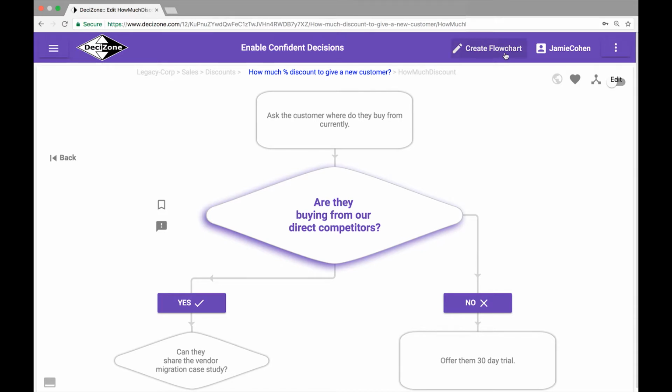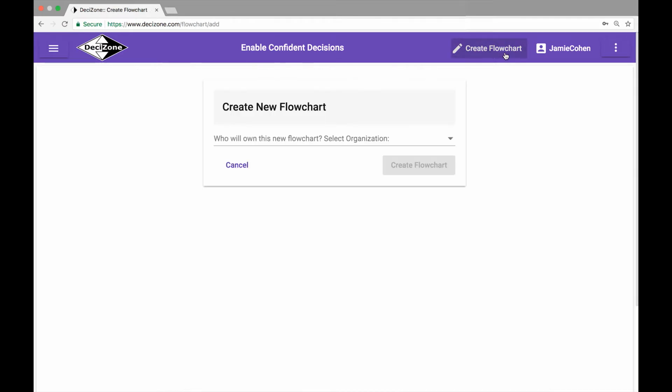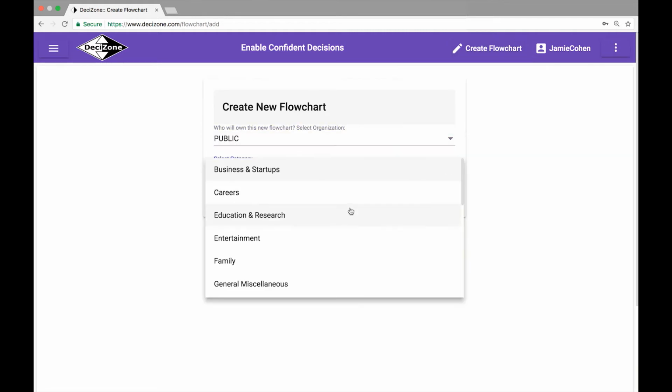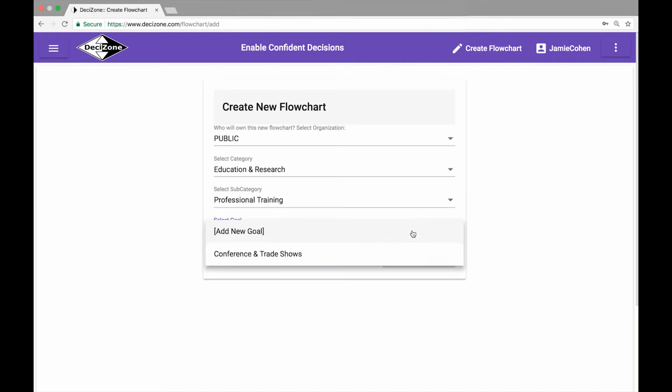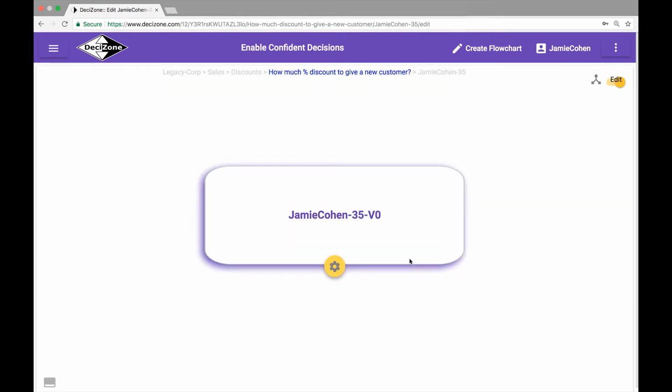Next, we have the Create Flowchart wizard. This wizard makes it easy to select the category, subcategory, and goal for which you want to create the new flowchart. When you create a new flowchart, DeciZone platform does three things. First, a new flowchart is automatically created and given a name using your display name. Second, the first box of your flowchart is automatically created as a version 0 of this flowchart. Third, the new flowchart is displayed for you in the edit mode where you are able to complete creating the